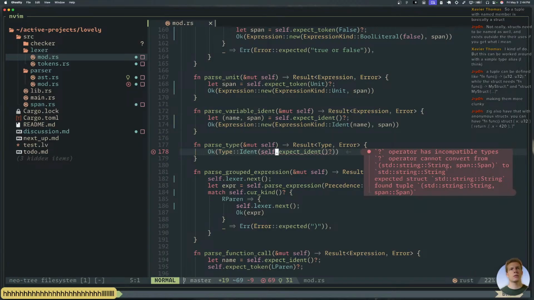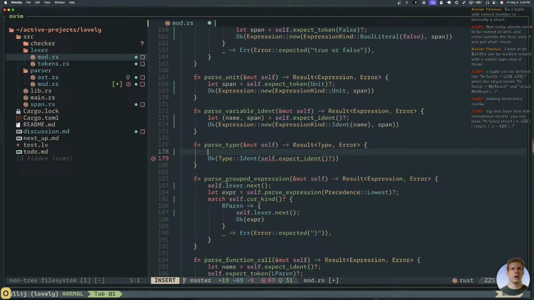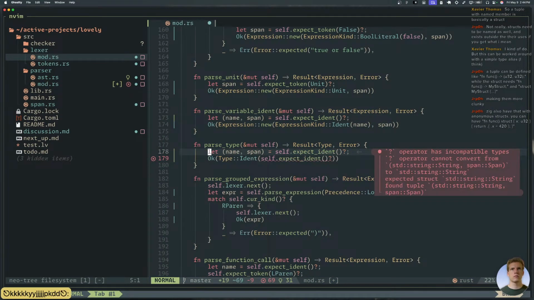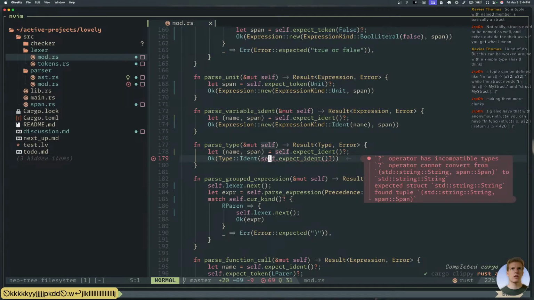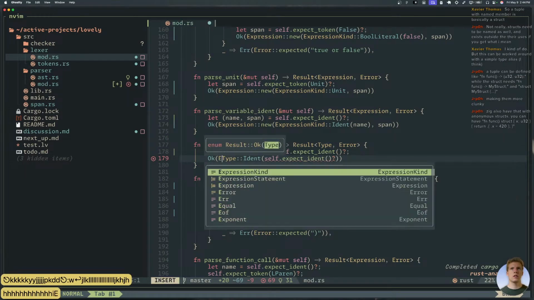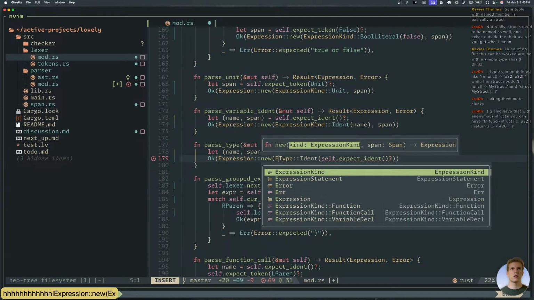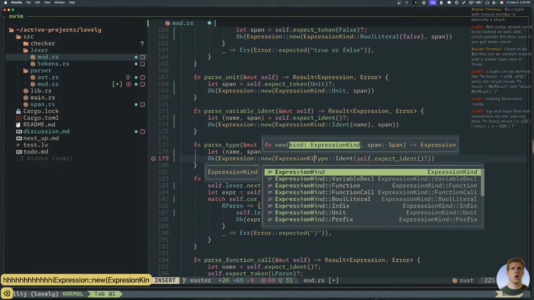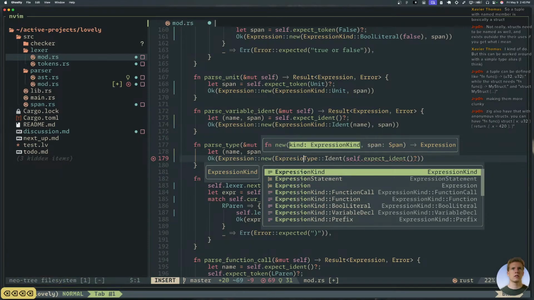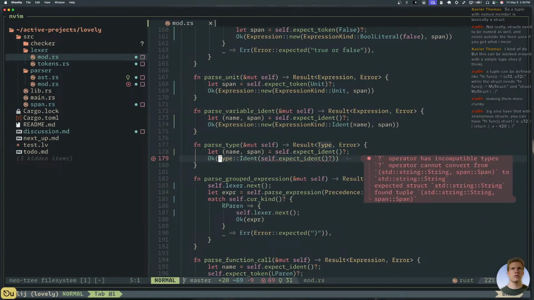Parse type, expect ident. Kind of the same thing, right? And then, oh wait. No, this is different.